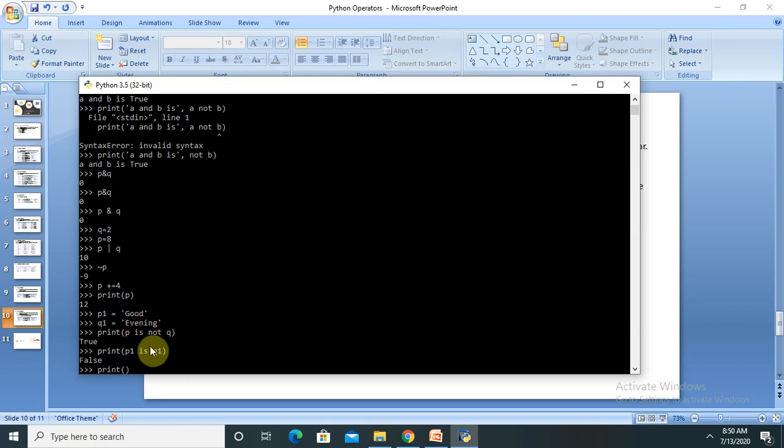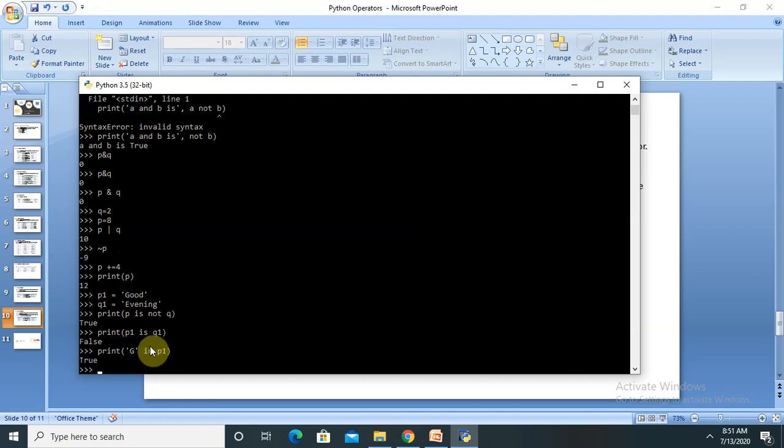So let me print here G in P1. Now you can see we are getting a true value.